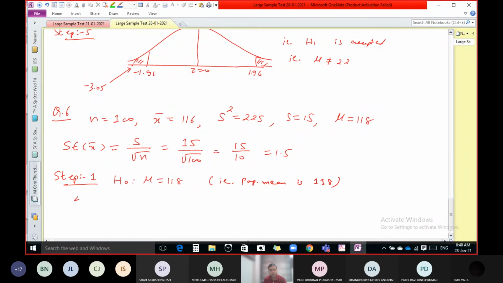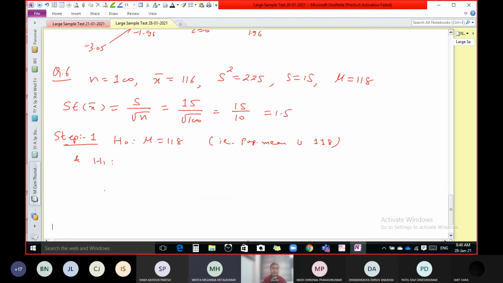Okay, can you tell me what we have to write in H1? Mu greater than 118. Now listen. Here it's better to write less than or equal to in H0, because our H1 is mu greater than 118. So H0 and H1 should be opposite of each other. But always in H0 we have to write equal to. Then according to the equal to sign, we have to decide whether the given statement is true or not.